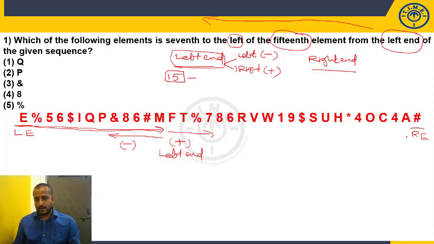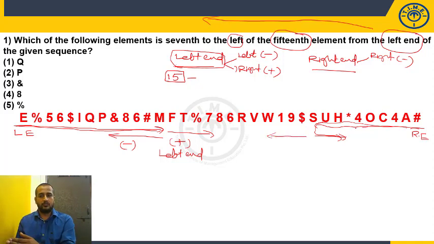Again, if you started counting from the right hand, if it is given right, you have to go back because you are moving in this way. So again you have to go back, which is nothing but in the right hand, right will be minus. When it is given left, you have to move further in the same way. You are moving in this way, left is nothing but again you have to move further.